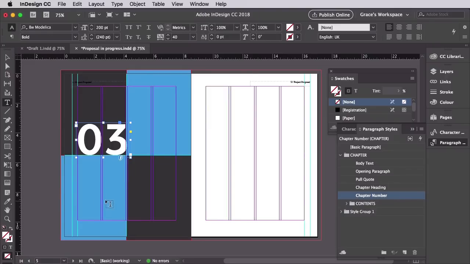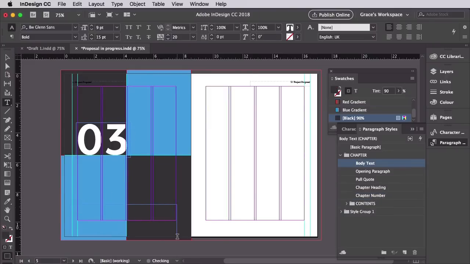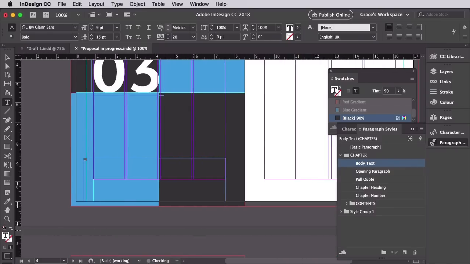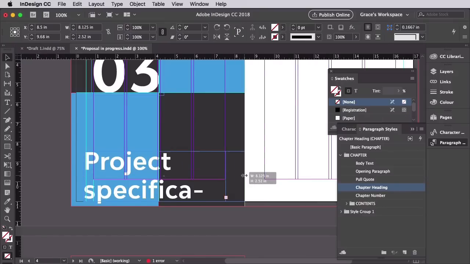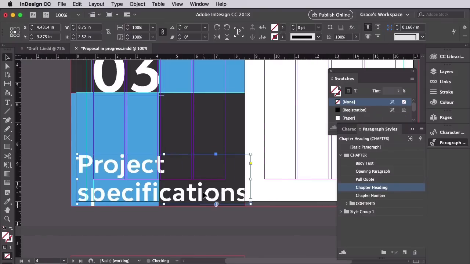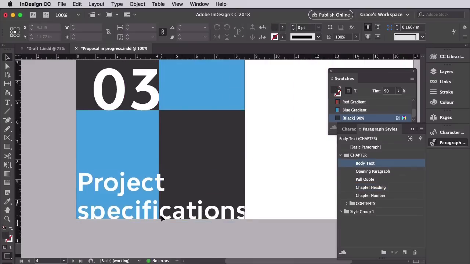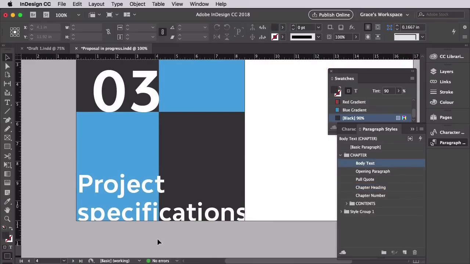Right, and a text frame across the bottom of the page for the heading. Type in the title, here it's going to be Project Specifications, and apply the chapter heading style to that. Okay, great. So this is now a basic template for an opening chapter page, and you can repeat this across other chapter